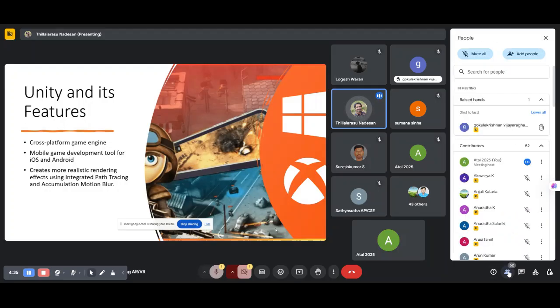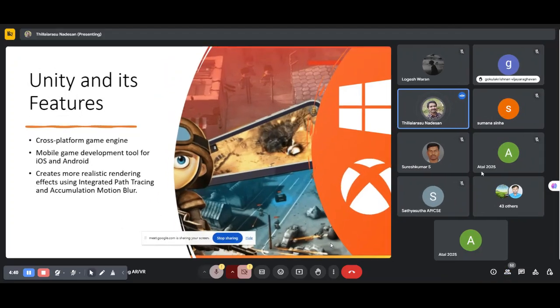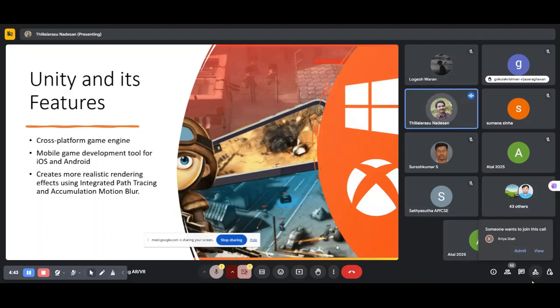In that, first we are going to see Unity and its future. In recent years we have been talking about Web 4.0 and Web 5.0, but we still exist with Web 3.0 only. This is utilized for the metaverse world. They are using it in almost every industry, including, as I told yesterday, education, healthcare, marketing, and real estate, which are impacted by the metaverse. In the metaverse world, you can interact with 3D layers in order to make the environment realistic. So this metaverse world is used to interact with any kind of resources in metaverse experiences.